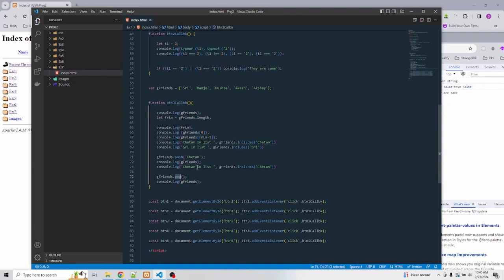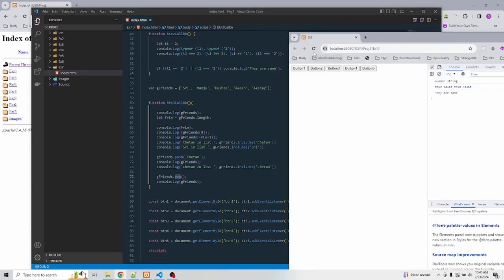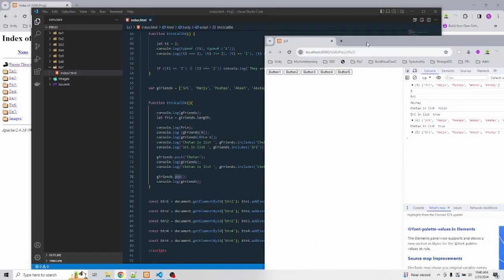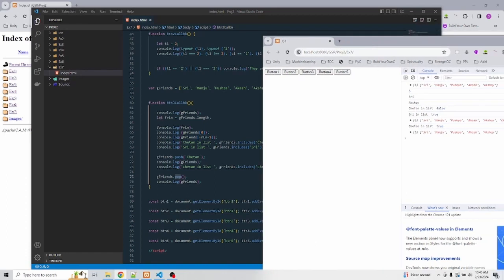Okay, so we'll now save it and we'll go back to our web page and we'll just refresh it. Button 4 callback not there. Okay, we'll put it there, but button 3. We'll just click button 3, and you can see that console log gfriends will give you Shri, Manju, Pushpa, Akshay,